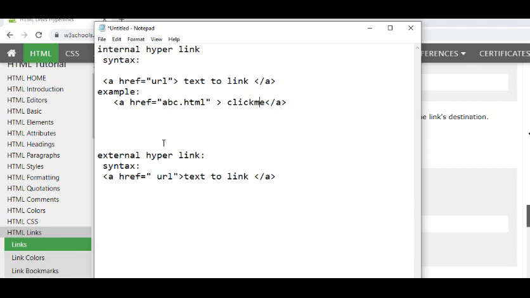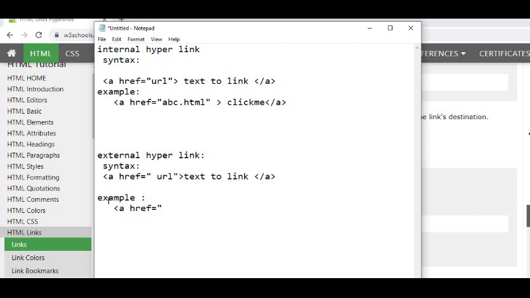This is the example. Then next, I am writing the example of external hyperlink. Both are the same, but let us see a small difference here.